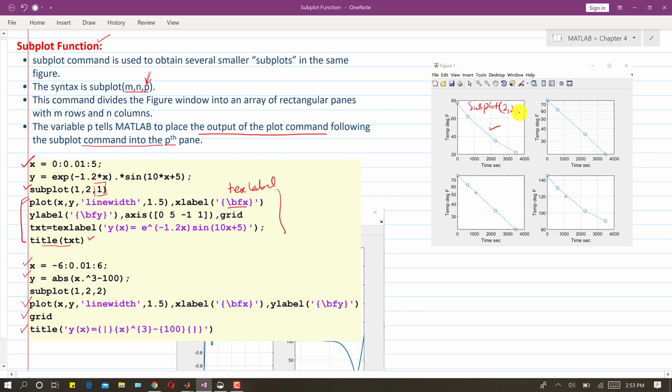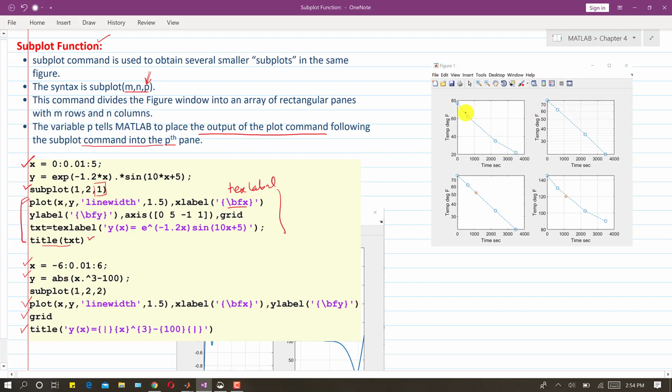And what will be the address of this? This is the first subplot, so we will write subplot 2 2 1, and then the plot function will follow this subplot. That will plot this subplot on this figure. And then for this subplot we will write subplot, and the address will again be 2 2, and this will be 2. So this will be the second subplot. Similarly this one will be 2 2 and 3, and this one will be 2 2 and 4. The remaining method to plot the functions is the same, that is using the simple plot function.